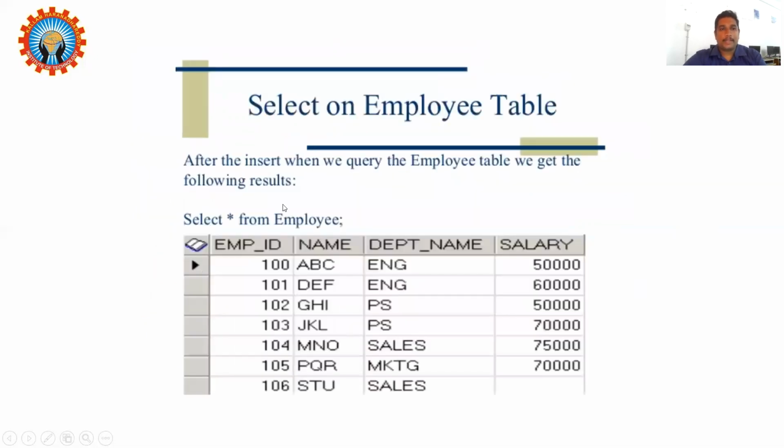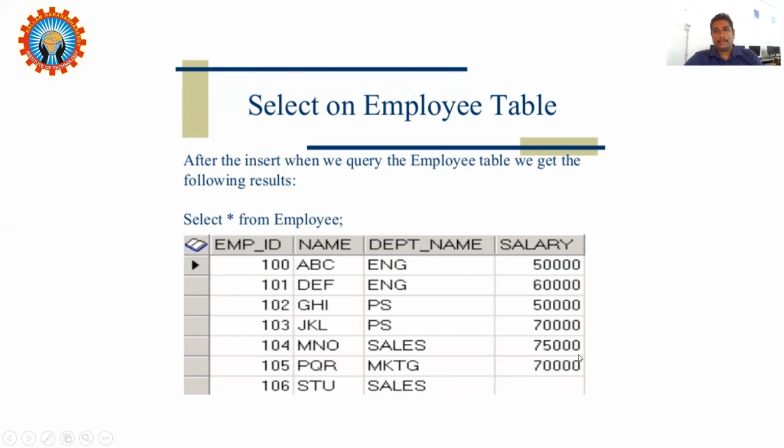Coming to the first, we have a table called employee, with employee ID, name, department name and salary. These can be applied only to numeric values, such as salary. But employee ID is a unique value, so we cannot group all the unique values.